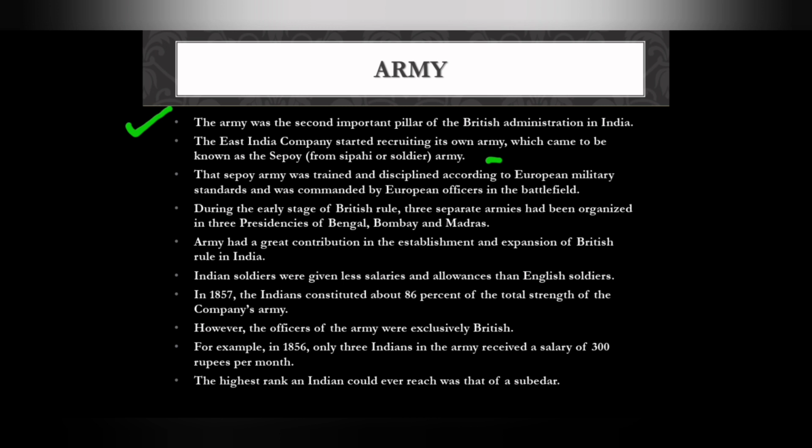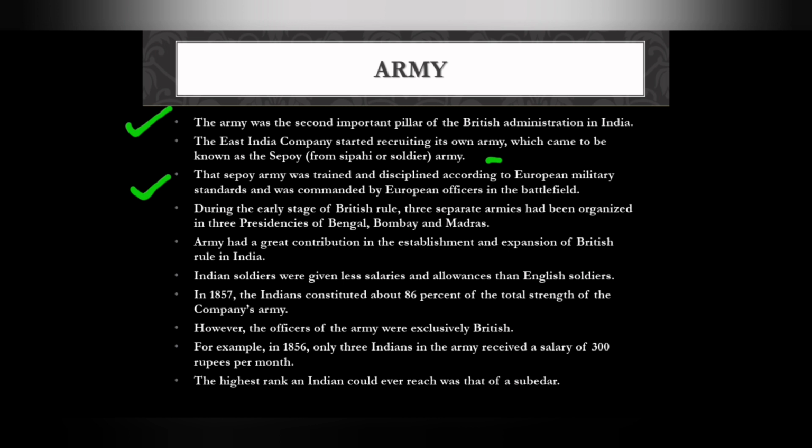Okay, they recruited their own army, which came to be known as the Sepoy. Sepoy is nothing but what? In Tamil we say Sipahi. In English we say soldier. So Sepoy army. Next, that Sepoy army was trained and disciplined according to European military standards and was commanded